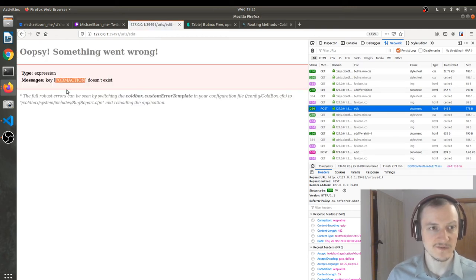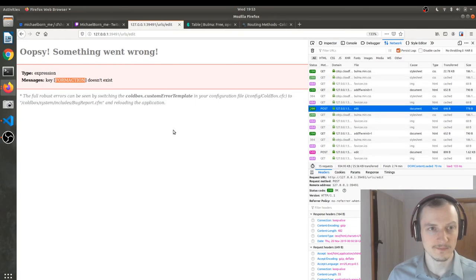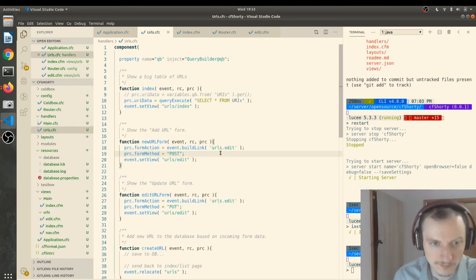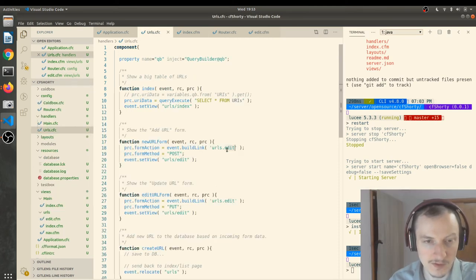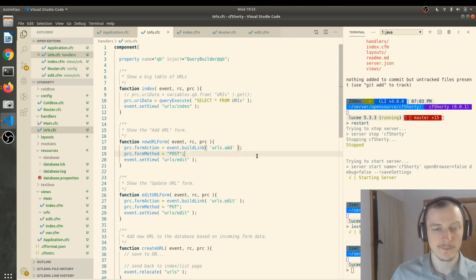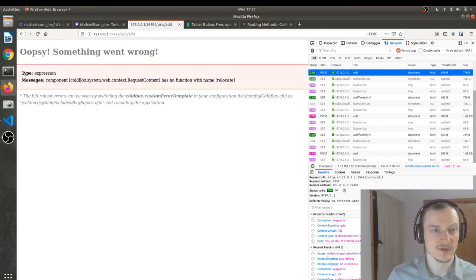Okay, edit. Why did it submit to edit anyway? Okay, key form action does not exist. Why not? Why did it go to edit? Yeah, that's why. Refresh, submit. Okay, perfect. Request context has no function with the name... ColdBox request context, no function with the name